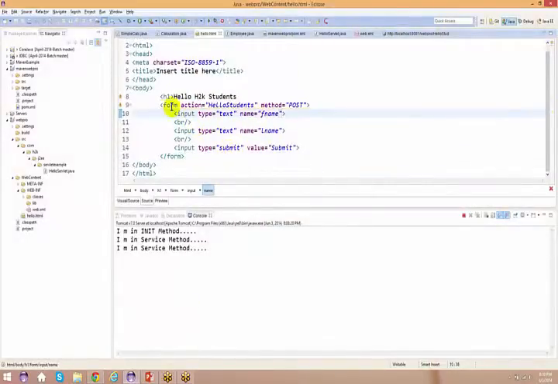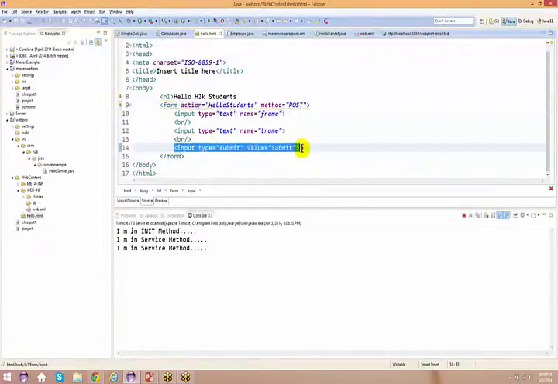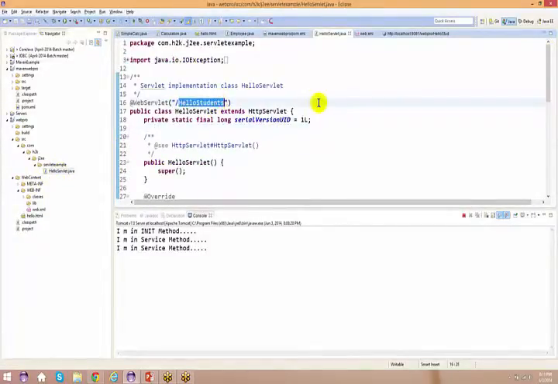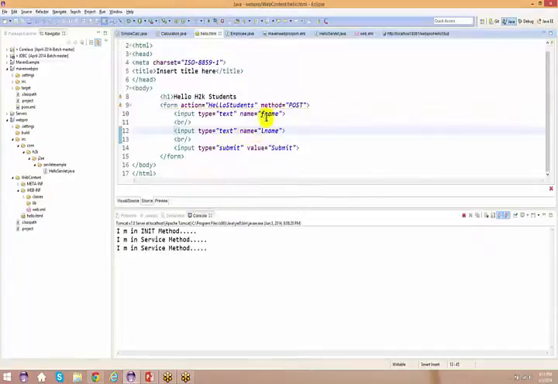Because in our HTML we gave the form action. So whenever you do a submit on this particular form, this form gets submitted. So what do you mean by this form? The entire data which is present in your form. So if you have multiple inputs or maybe a checkbox or anything as such, all together it goes to your server. Okay, now who is responsible to capture that information? Your hello student is the one which is responsible to capture that information. Okay, as we have already seen, your hello servlet is the one which has been annotated with your hello students. So as a result, you have your hello student out here which goes and captures all this information for me.